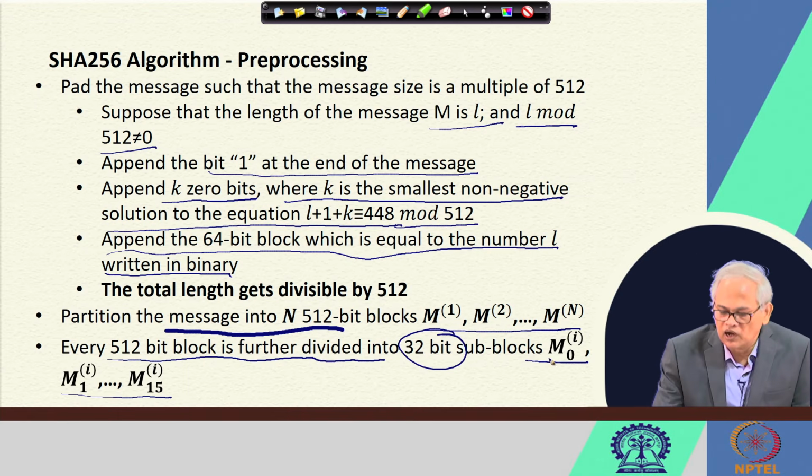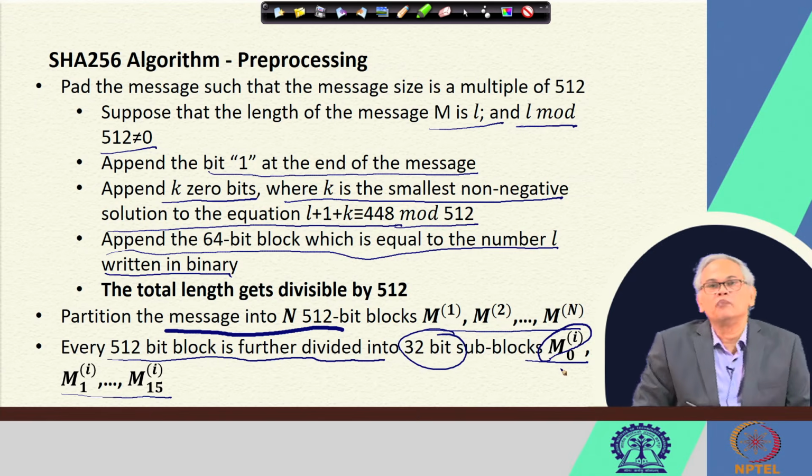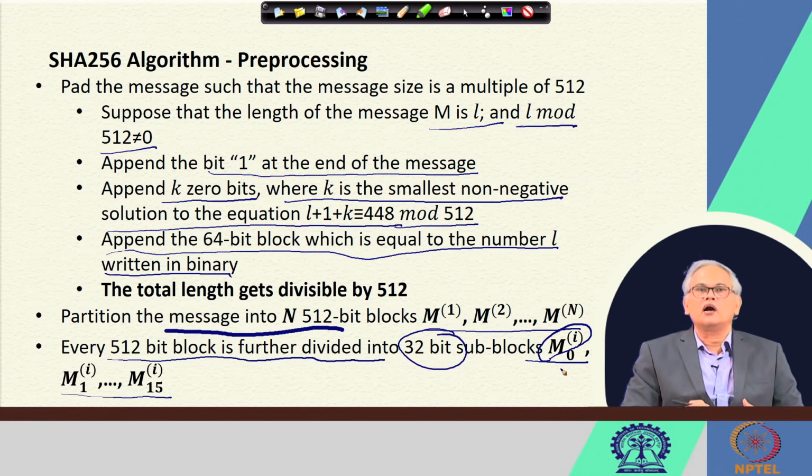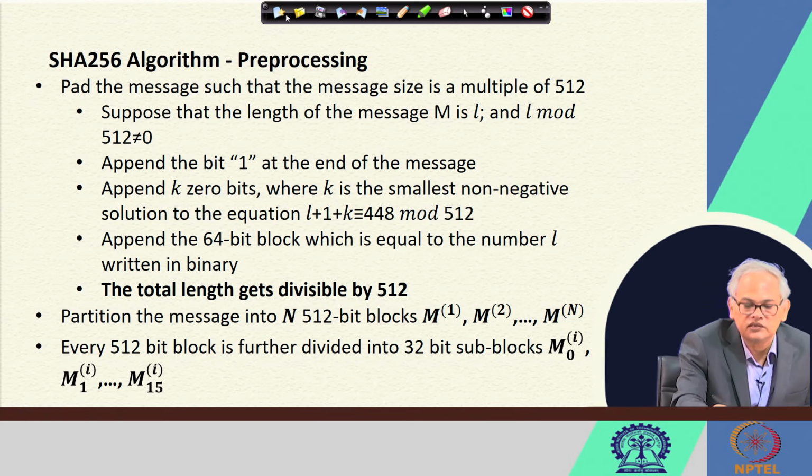This Mi represents the ith 512 bit block, and then we have divided that into these 16 32 bit sub blocks, and we number them as Mi0, Mi1 up to Mi15. And what is the purpose of that? Once we have done this, then we can now